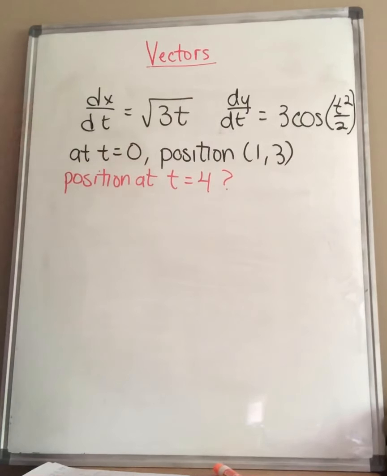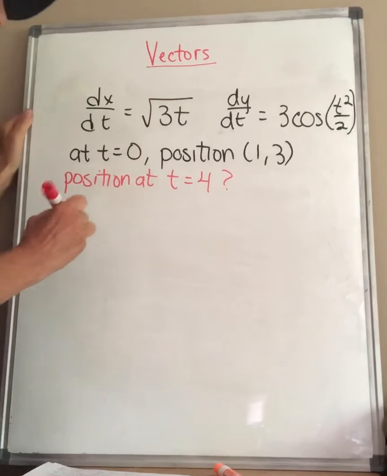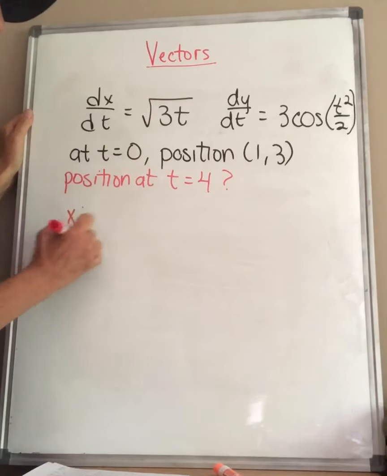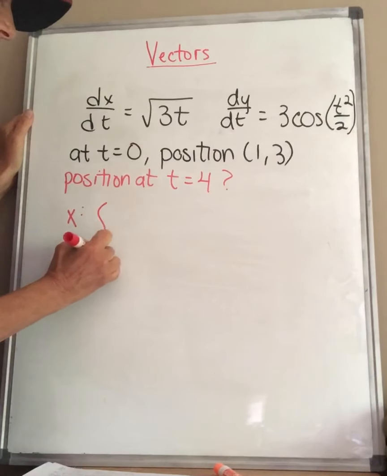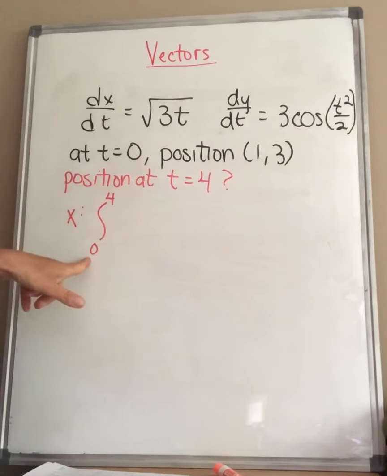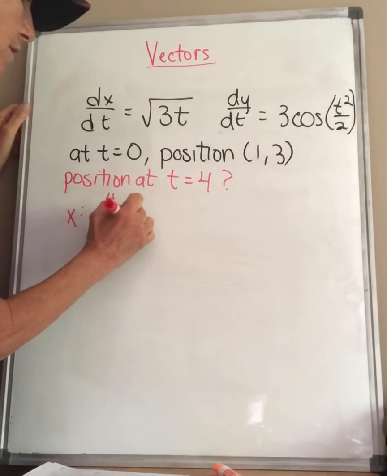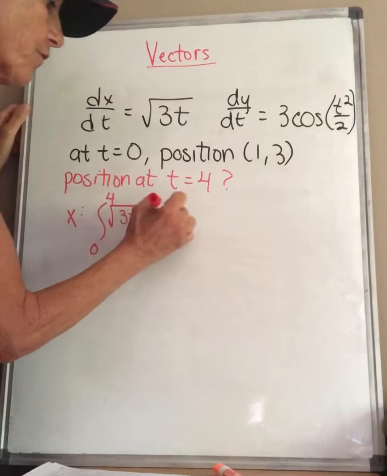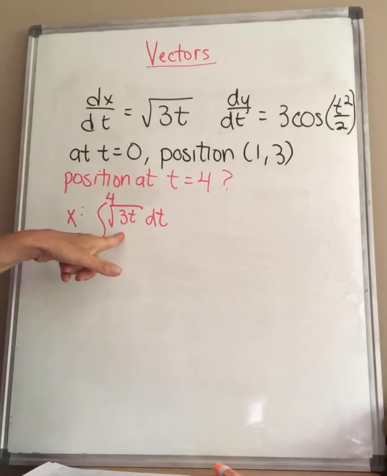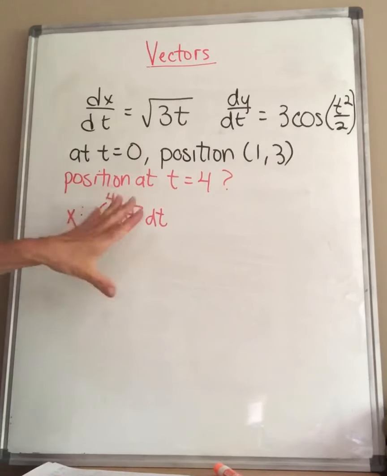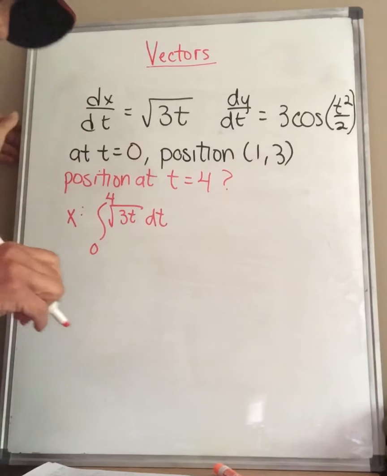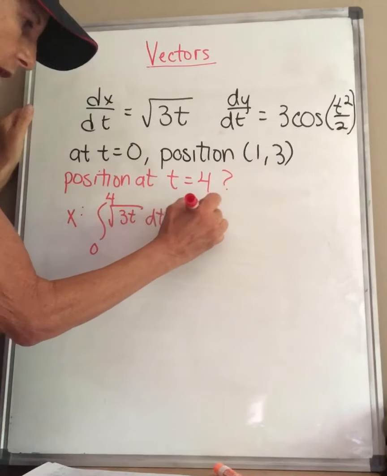We have to do it separately. We have to find out our new x coordinate and our new y coordinate. In order to get the x coordinate, you want to integrate from 0 to 4. I'm starting at 0 because I know when time is 0, I know what my position is. I'm stopping at 4 because I'm asking you about 4. We're going to integrate the square root of 3t dt. If you remember, when you integrate velocity, you get distance traveled. Use a calculator and you get